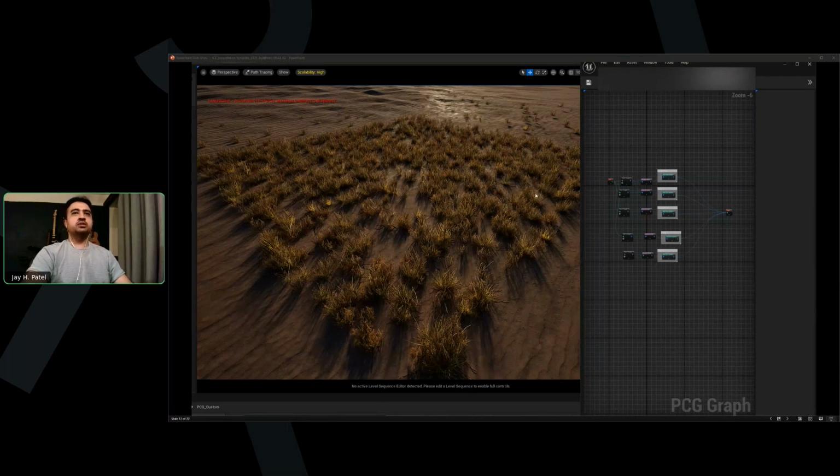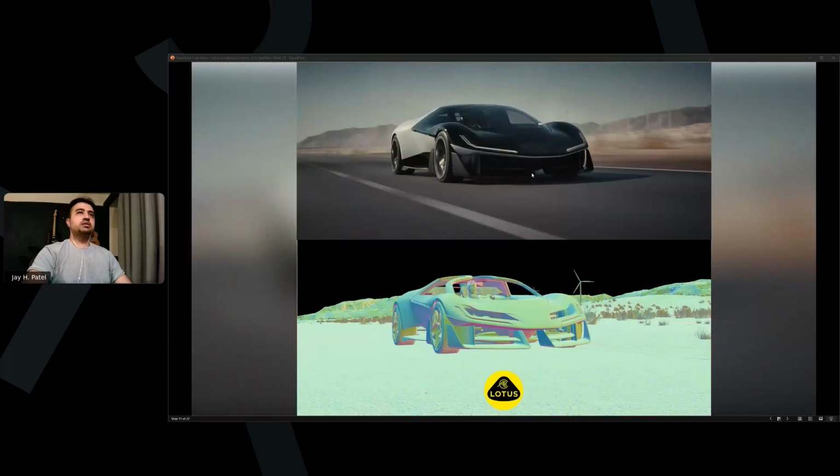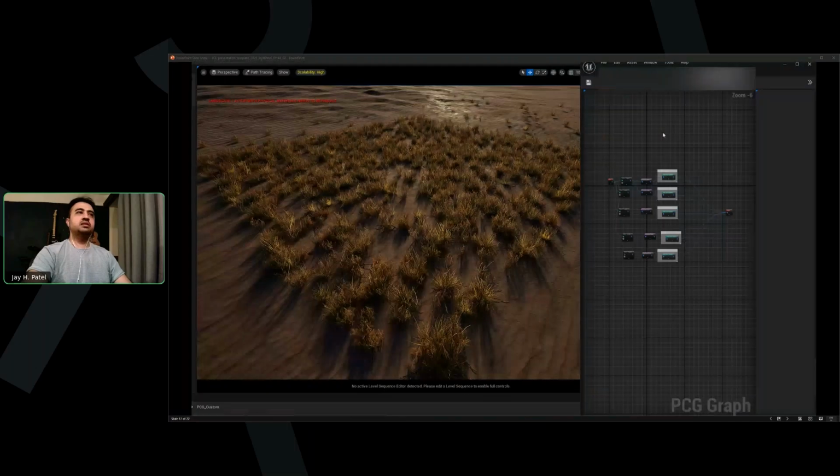For this project, it's mainly used as a scattering tool for foliage. I had, I think, 3 variations of PCGs. So in the distance where it starts blending into the horizon, I have more dense PCGs over here, and then towards the blend where we have the road and the sand, we have a less dense version of the PCG.